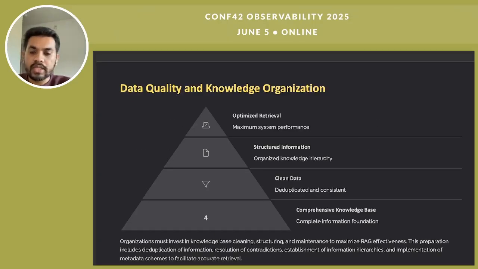So all this works fine in an ideal world, but in order to have a performant, well-running RAG-based chatbot, we need to have a quality knowledge base. Because RAG's performance, I would say, is directly tied to the quality of the knowledge base you have. So, in other words, this is a situation where you put in garbage and you get garbage out.